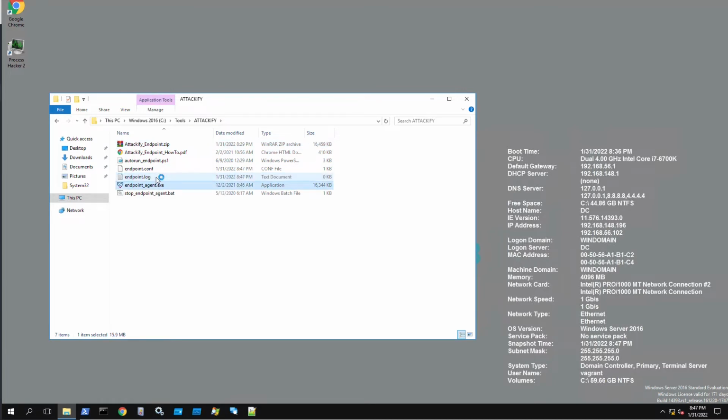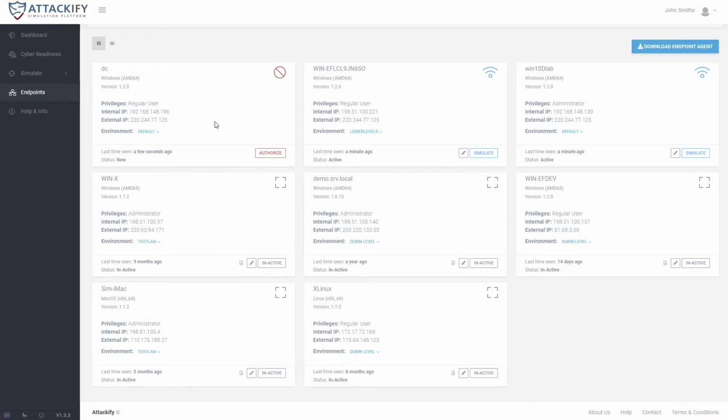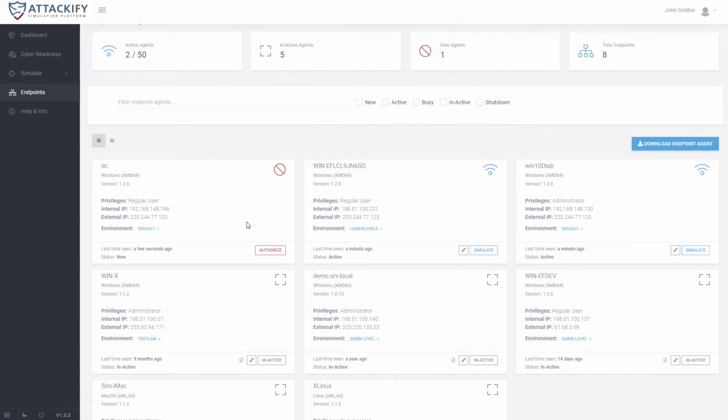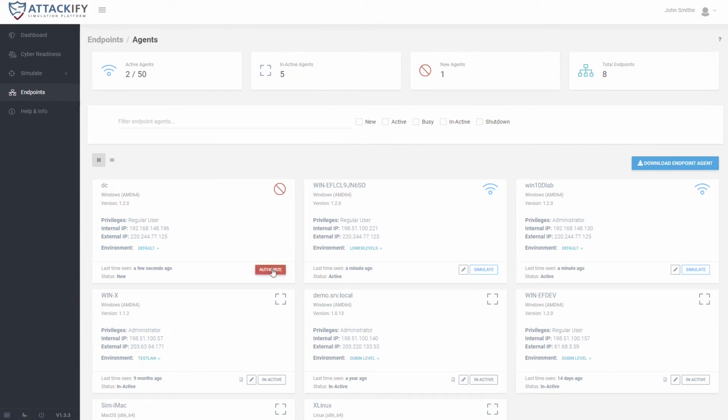We can see that it created a log file, but we're going to switch over to the main web console again. As you can see here, the agent has registered. However, it's marked in red. This indicates to us that it is a new endpoint agent and we'll need to authorize it first by hitting